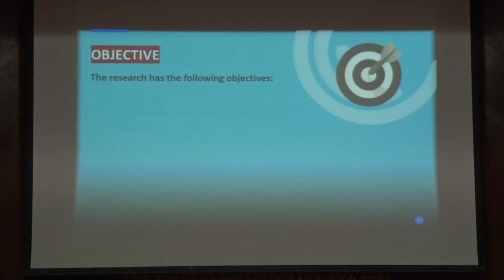So, the main objective of my research work is to understand the nature of grey water, to review the overall